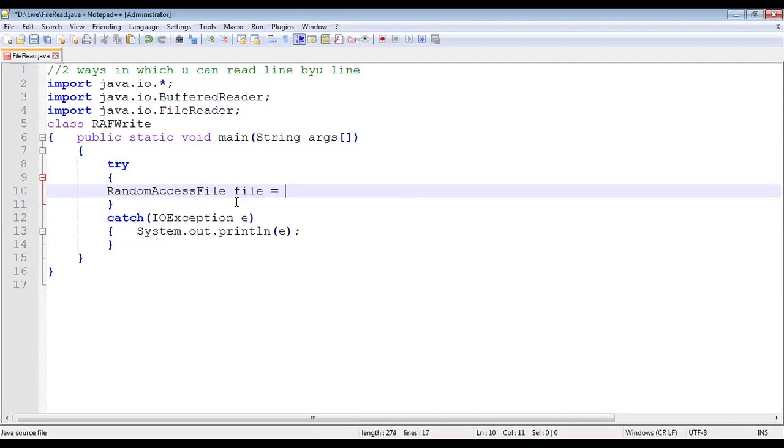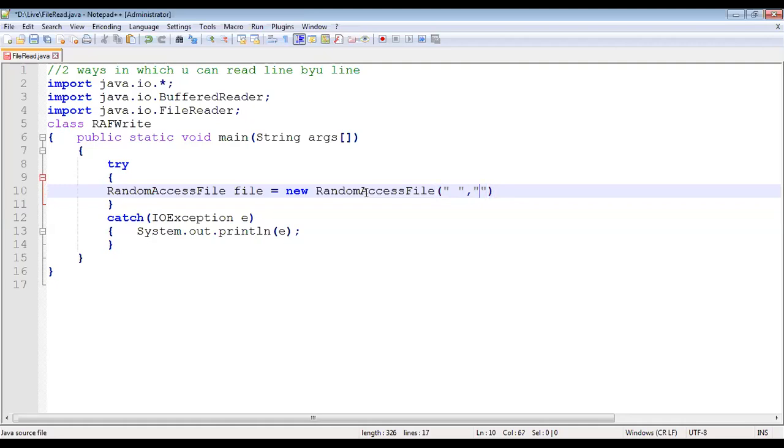So I'll simply create an object equal to new RandomAccessFile. Now, normally when you create files, you simply give the file name. When you do random access files, you will have to give the file name plus the permissions.